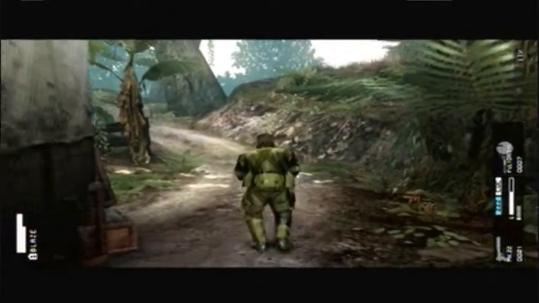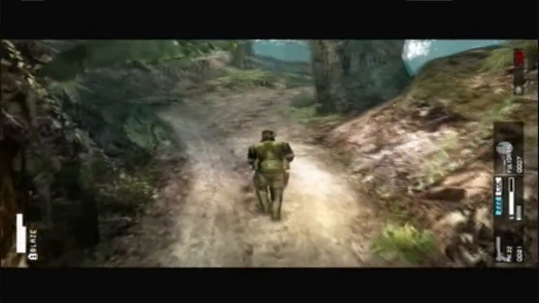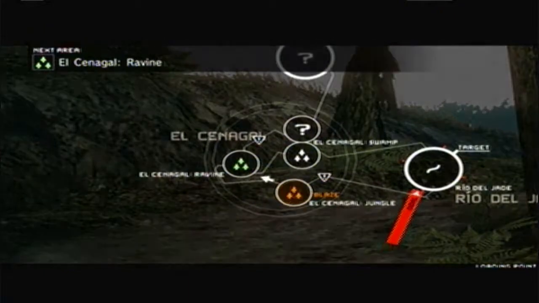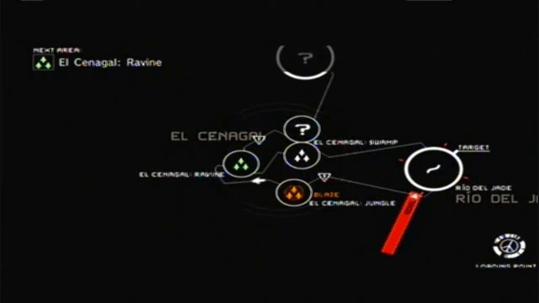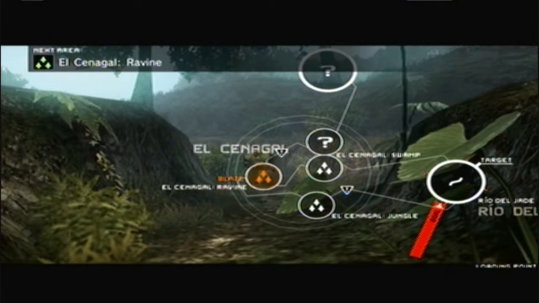And there's the Fulton recovery system in use. Fulton recovery helicopter is complete. Just attach the Fulton back to them. Subject confirmed onboard helicopter. It will activate and they'll be borne off into the sky by the chopper. The Fulton recovery system,